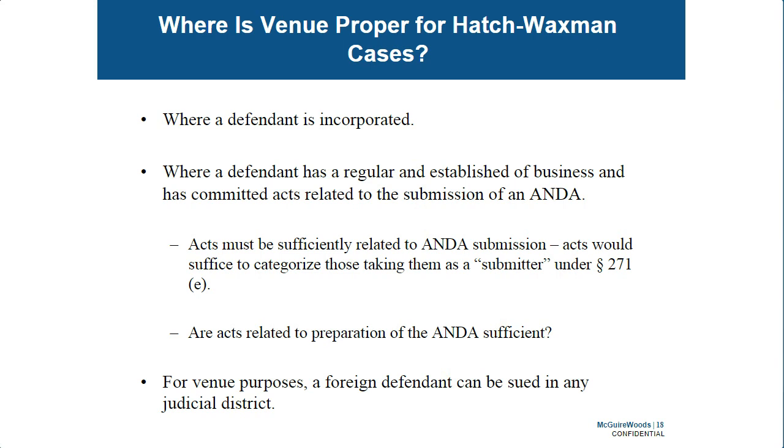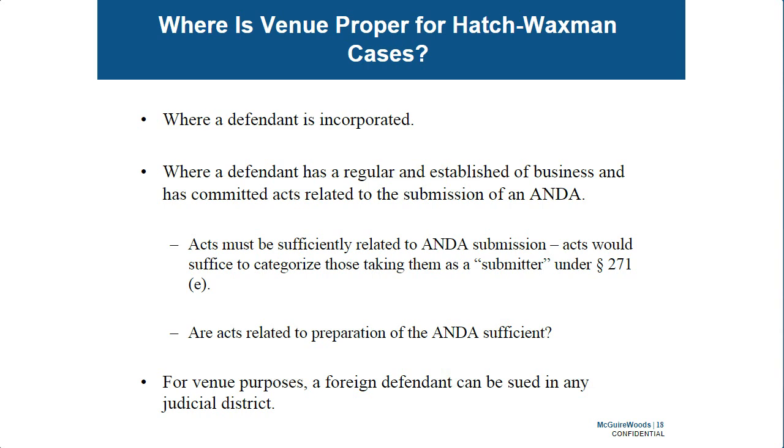Okay, and then in a lot of situations, you have electronic filers. For example, a generic drug company may not actually be filing the ANDA themselves. They may hire a third-party vendor to do electronic filing. So the generic drug company may be located, let's say, in West Virginia, but the third-party vendor may be located somewhere, let's say, in Missouri. So where is the ANDA filed in that particular instance? It's not so clear at this moment.